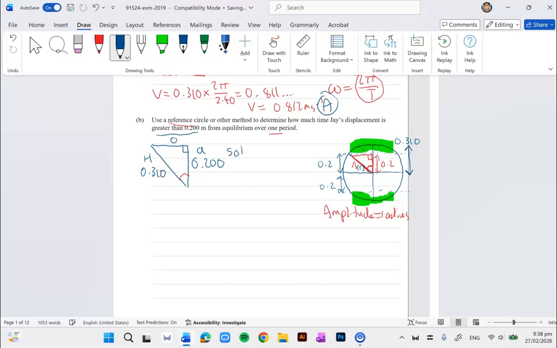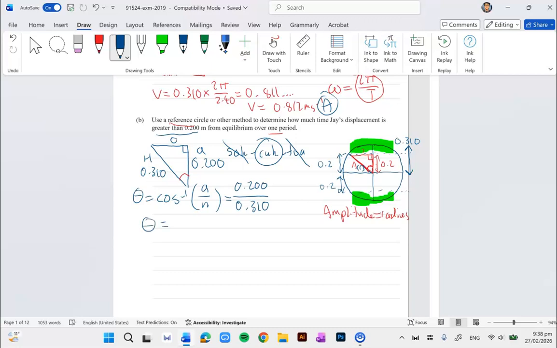From our SOH CAH TOA, we don't have the opposite, so we can't use that one, so this is the one we use. So cosine: the angle equals cos^-1 of adjacent over hypotenuse, which is going to equal 0.200 over 0.310,